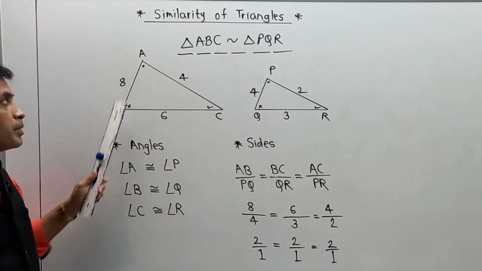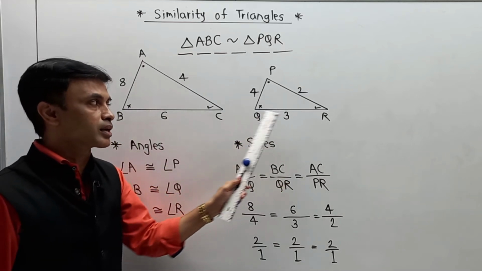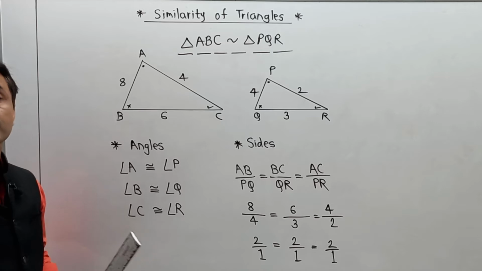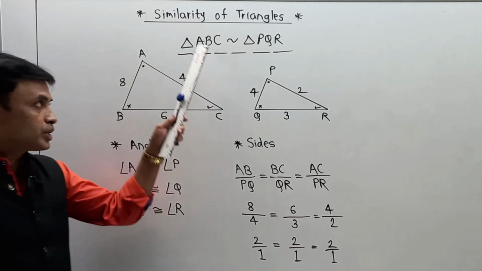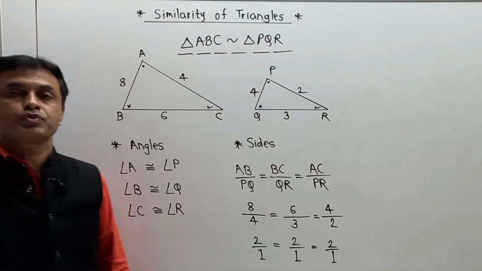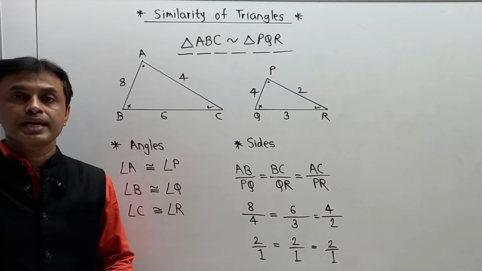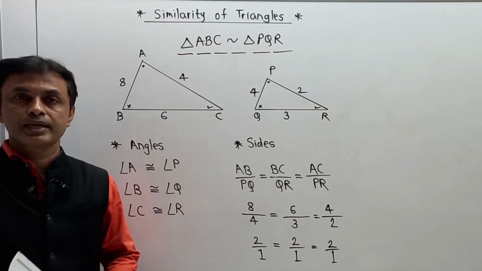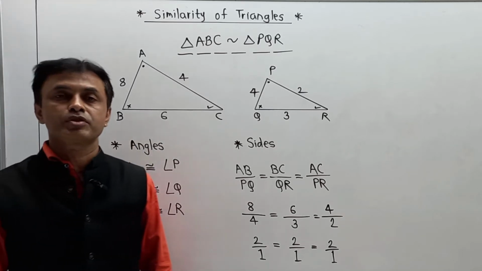If you are going to say triangle BAC is similar to, then you have to write QPR. In that way, sequence is also important. That is called the correspondence nature, so you have to follow the correspondence nature in this diagram mainly. Try to understand the concept of similarity, because we are going to solve the numericals over there. And whatever tests we use, SAS test of similarity, ASA test of similarity, hypothesis side test, these are parts that you used previously. We are using the same kind of test in terms of similarity.